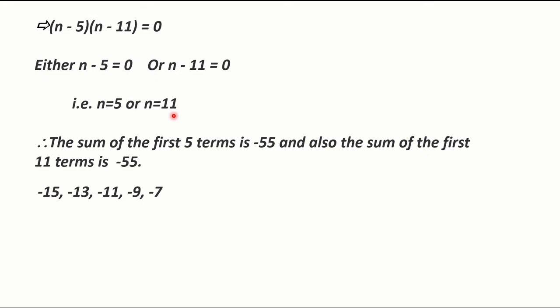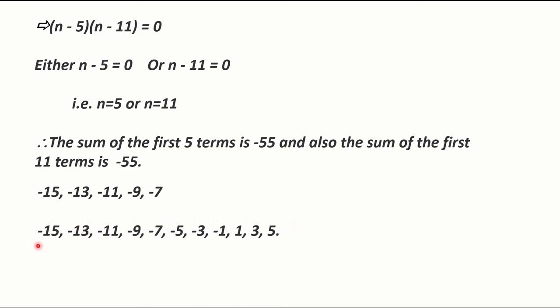Similarly, when n is equal to 11, it means if we take the first 11 terms and if we add them up, we are again going to get minus 55 as the sum. Is this clear? Why are we getting the same minus 55 as the sum though there are different numbers of terms? Because